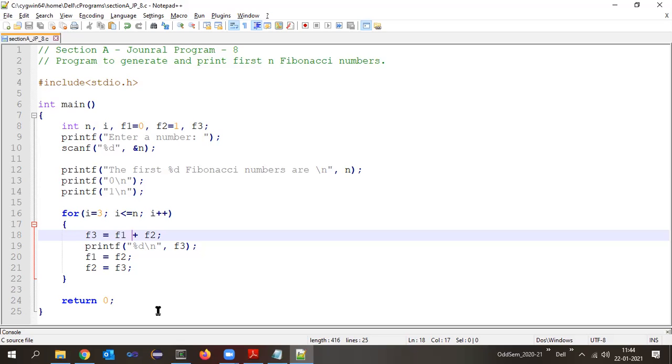This is the change in how you need to trace the for loops. Usually what you will do is that initial value you write, condition you write, and immediately you will end up writing the I plus plus. No. I plus plus will be executed after executing all the statements inside the for loop. If this condition is true, it will execute all these statements. And once this I plus plus is done, it will come back and then again check for the condition. Okay? Now, continue writing in your table.